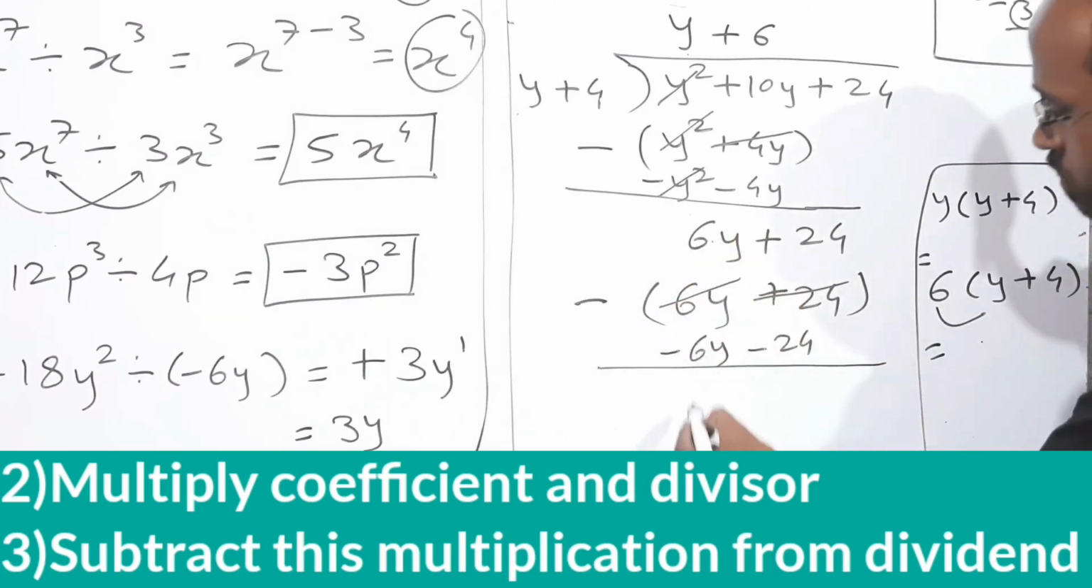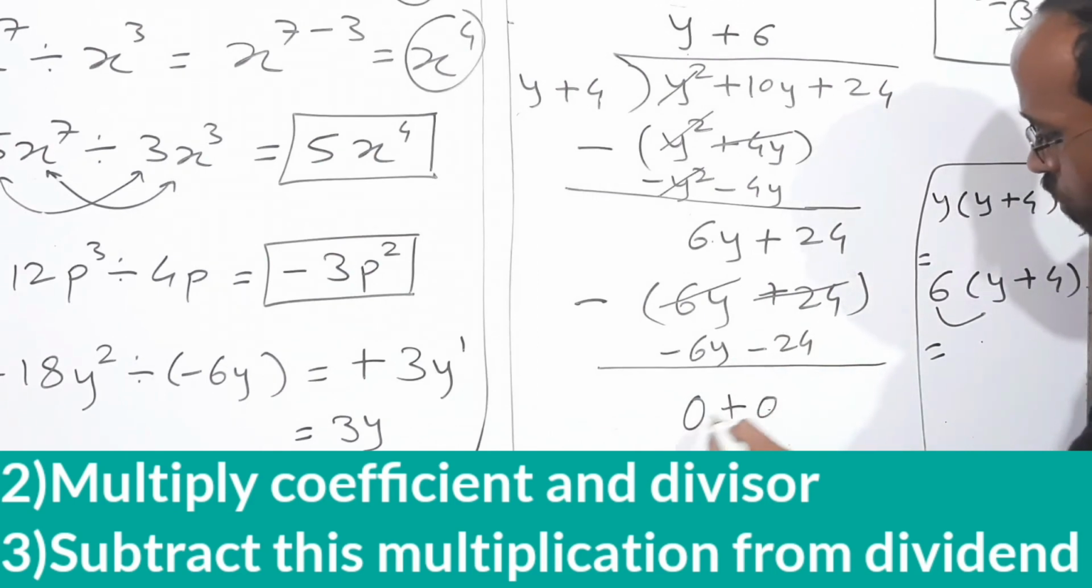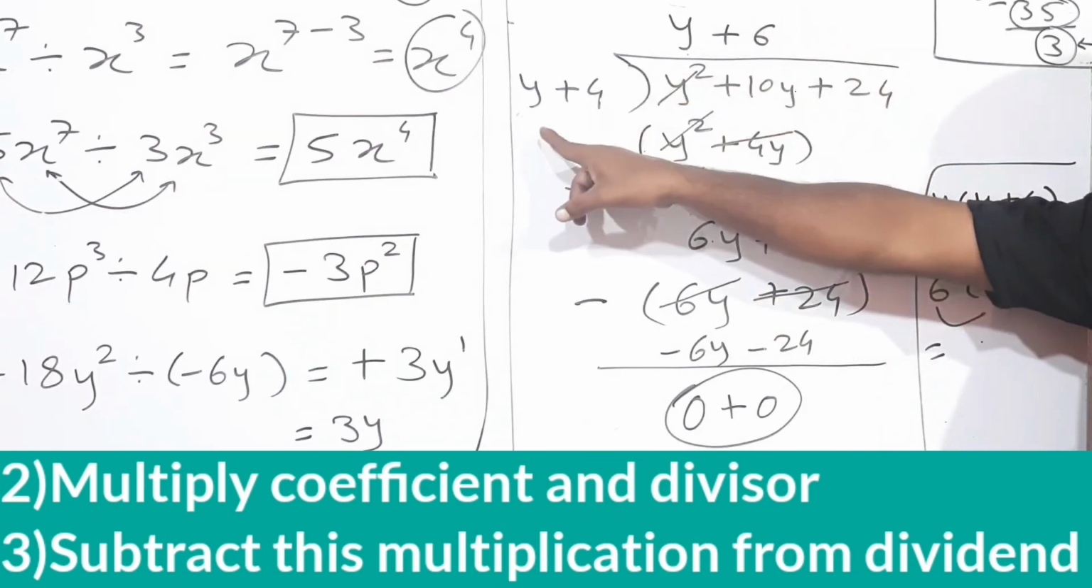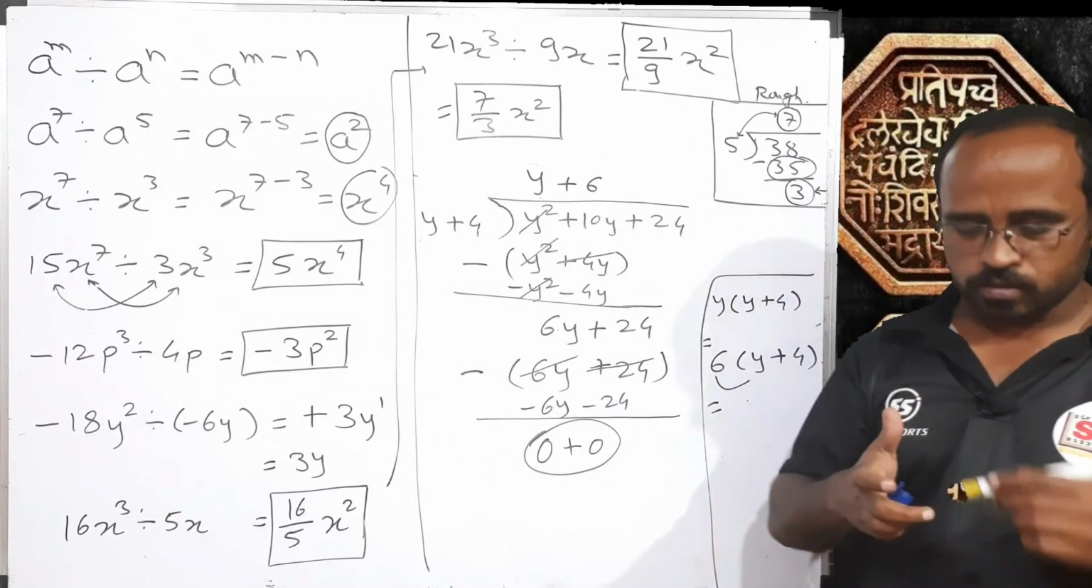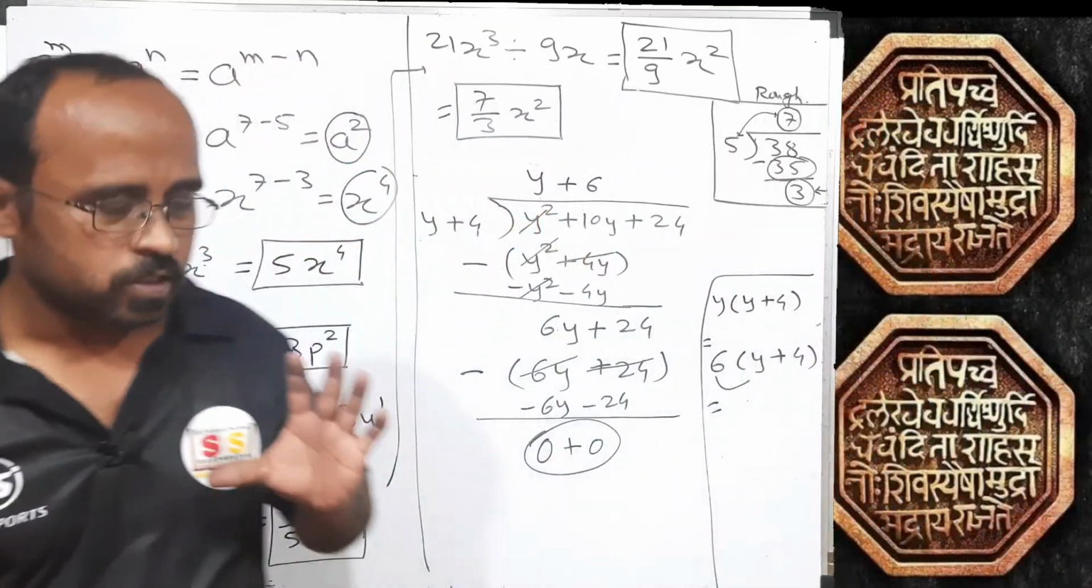So 6y minus 6y is 0. Plus 24 minus 24 is 0. So 0 is the remainder. y plus 6 is the quotient. Got it, students? I hope you understood. So please remember the steps. Steps are: